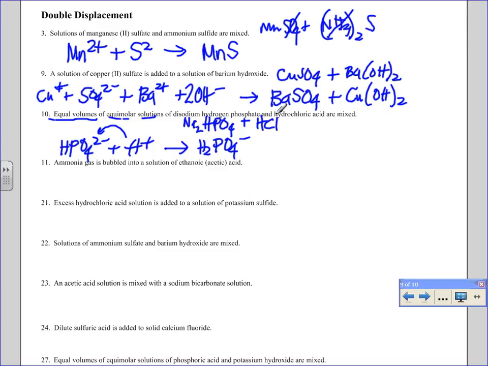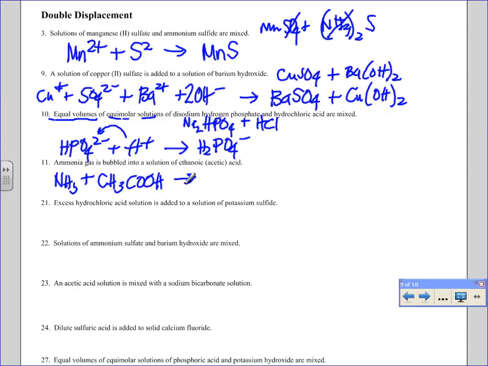Next one, ammonia gas is bubbled into a solution of acetic acid or ethanoic acid. So ammonia, you need to know that formula. Okay, it's a popular one from the acid base unit, so that should be okay. And then ethanoic acid, you've got two carbons and it's a carboxylic acid, so it's